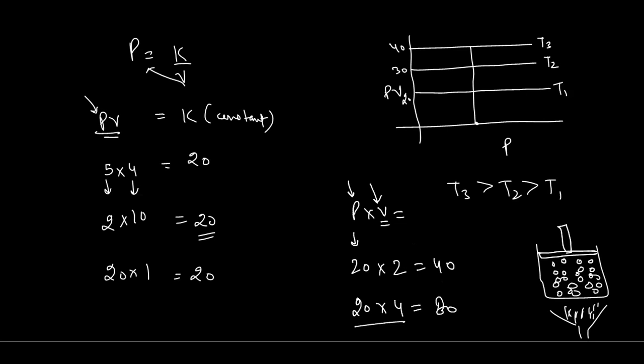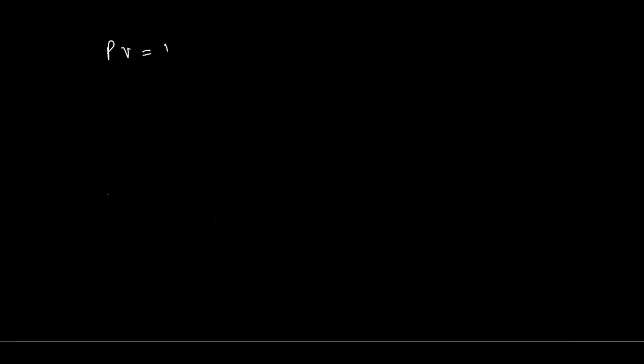On increasing the temperature, the volume should increase, and if the volume is increased, then the value of PV will overall increase. So we consider that the higher the temperature, the more the value of PV. And if it is more, then we will say that T3 is greater than T2 is greater than T1. Got it? Yes. So moving further, we can simply say that V/T is equal to K, a constant. So we can consider that for a fixed mass of a gas, if we change either the pressure or volume, we can say that P1V1 is equal to P2V2. Got it?